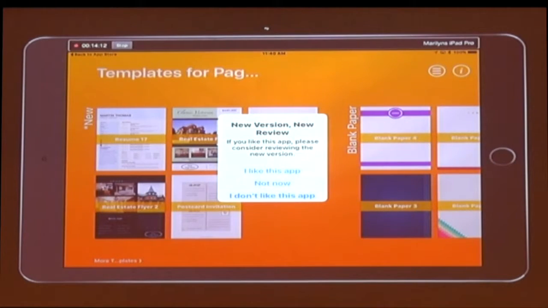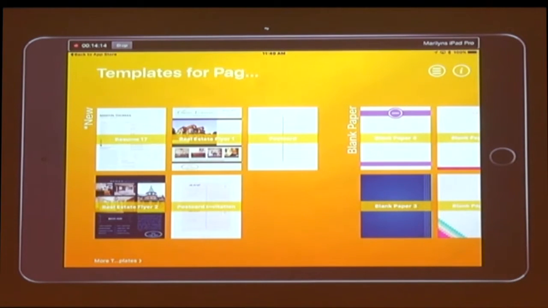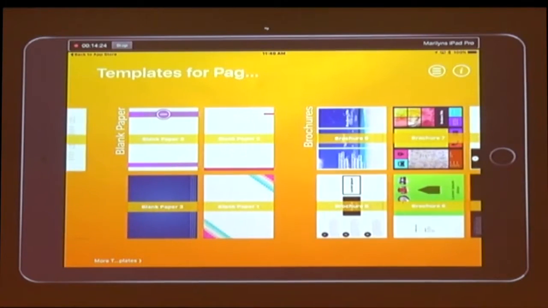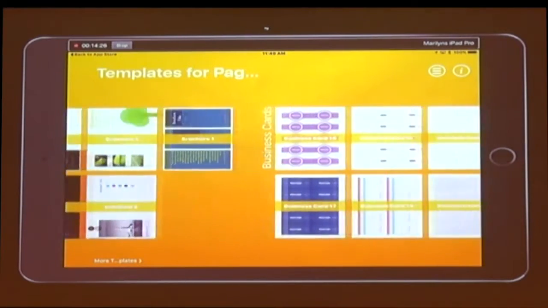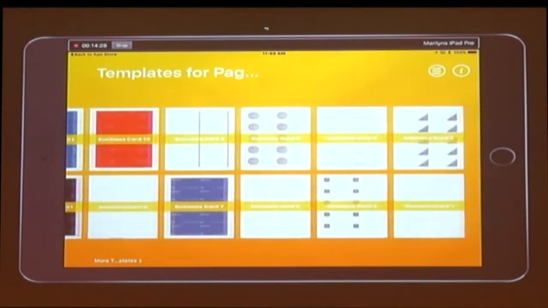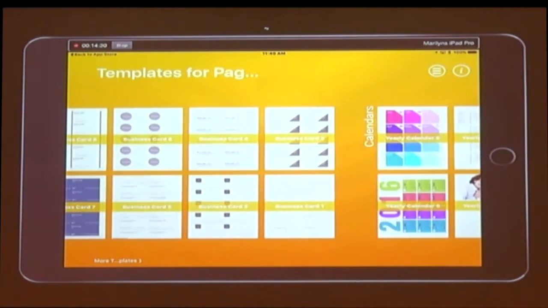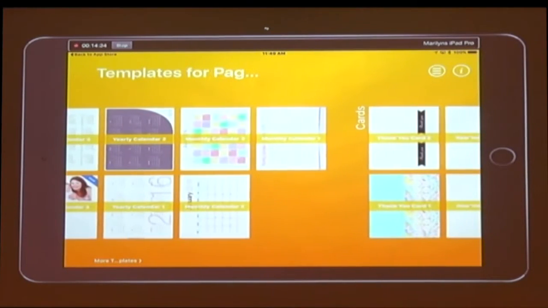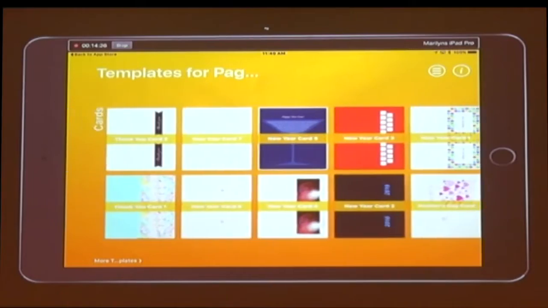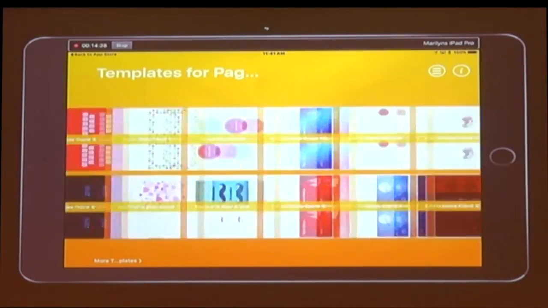Okay, and then you can just see. These are the new ones that they've just come out with, the real estate flyer, RSVP, so forth, blank, different kinds of papers, brochures, business cards. And some of them are a repeat of what's on Pages, and some of them are new ones, different ones than are on Pages. Calendars, cards,